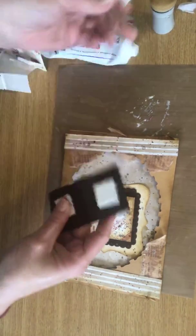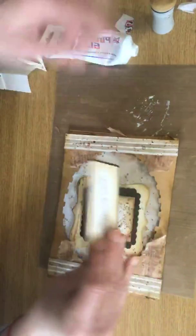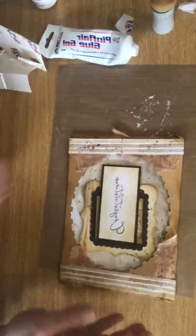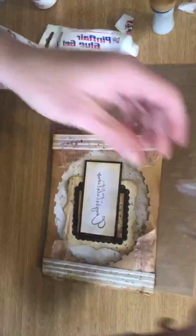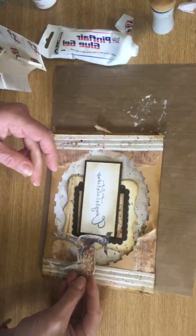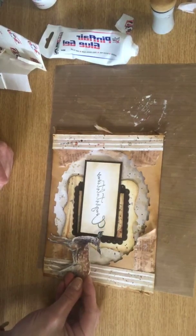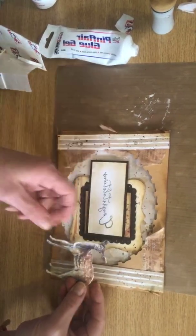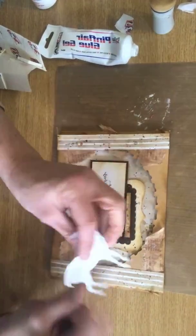Okay, so that will give you that platform to sit perfectly in the center, like so. Next, what I've done is I've taken the beautiful deer. Now look how adorable this deer is. This is from the Brie Merrin collection as well, but I'm just going to adhere the deer just on the